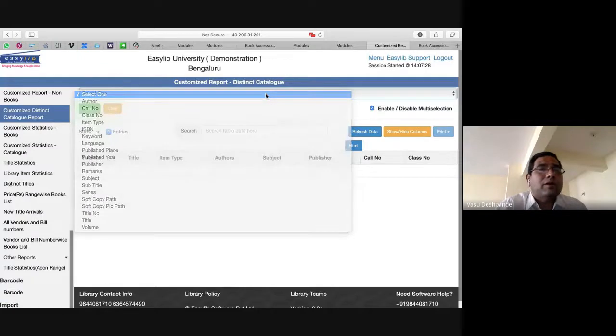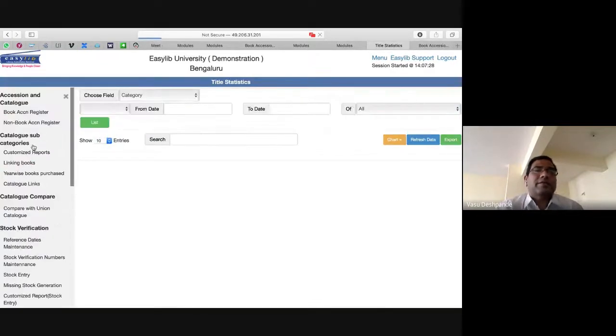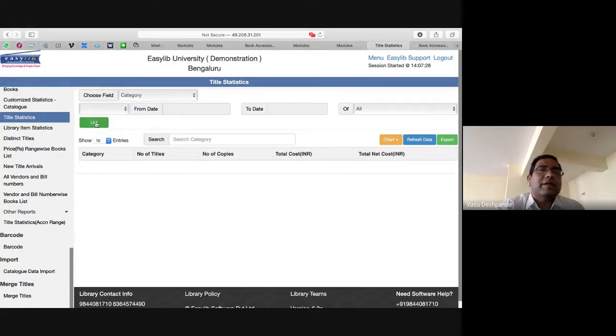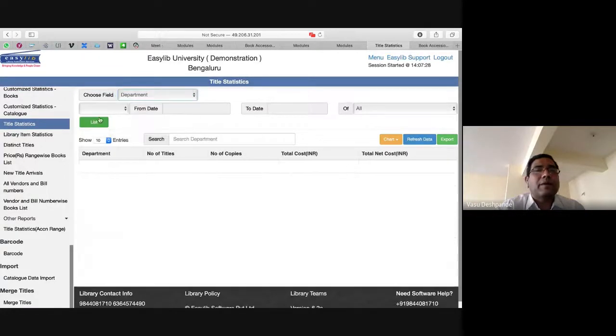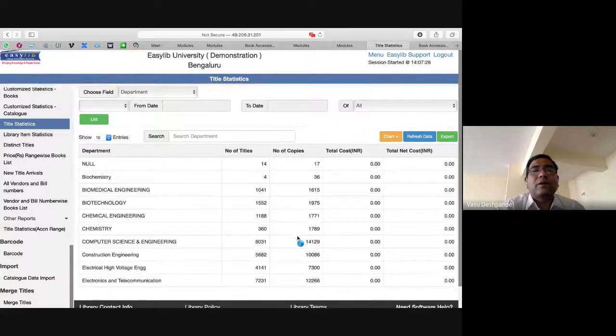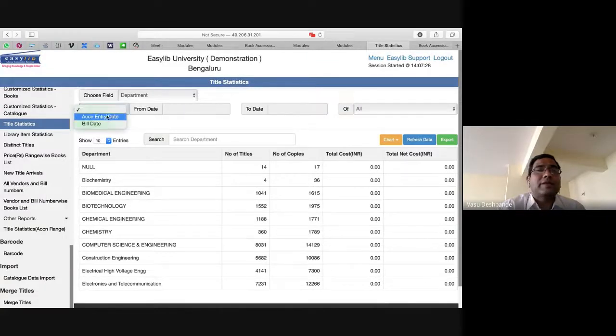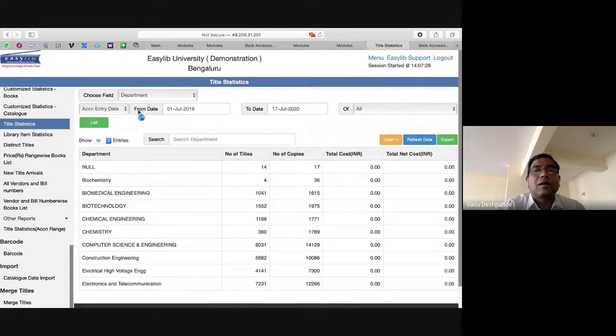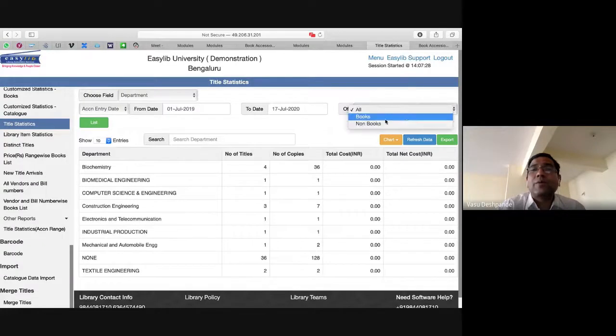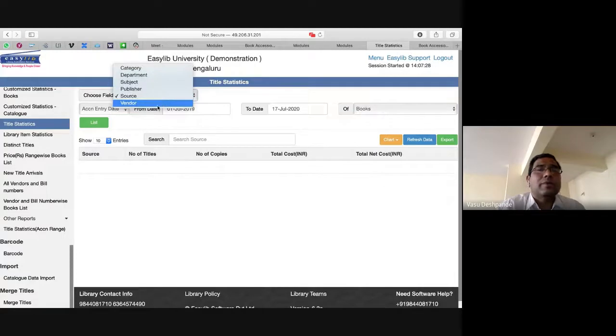Again, you can take the report on this. Title statistics. If you want to see the books in the entire library by, let's say, category, this is what you have got. You want to see by department, this is what you have got. If you want to see only by, let's say, the accession entry date, you can take that. Books, non-books, you can do. Or if you want to see by vendor, source, publisher, anything that you want, to make your job